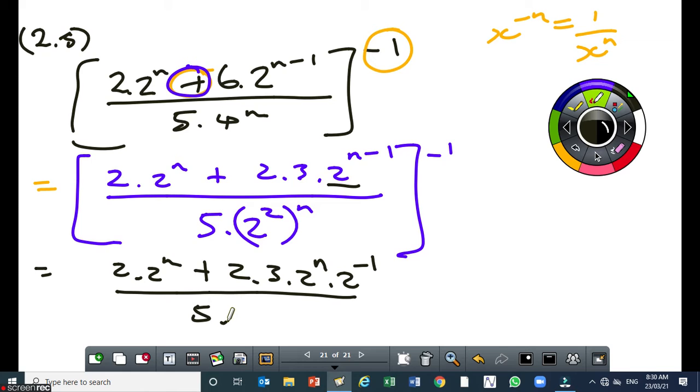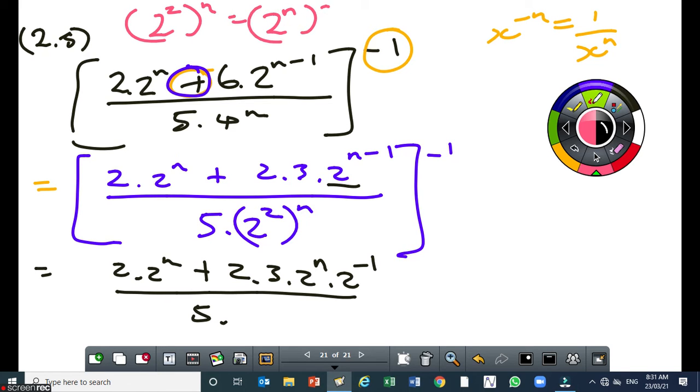5 times. Now this 2 squared all raised to the power of n, I can split it into 2. Okay? I can swap this 2 and the n so that I can end up having 2 to the power of n all squared like this. Okay? 2 to the power of 2 all raised to the power of n is the same as 2 to the power of n all squared. It's the same thing. Okay? That's the same thing. I think it should be law number 3 or 4. Okay? So you can use that. So if I use that,